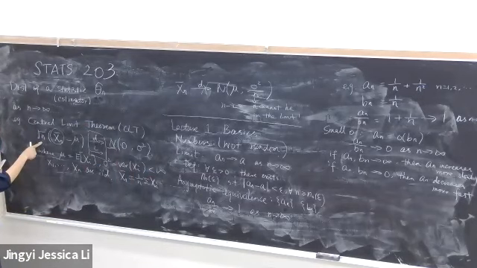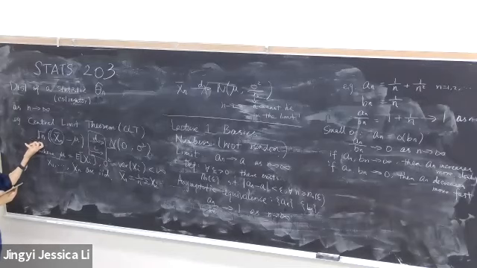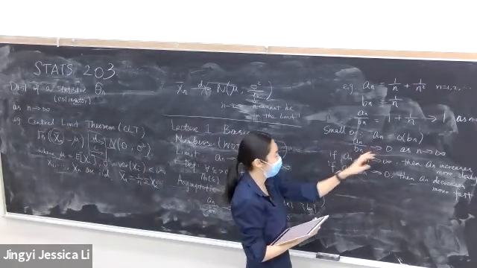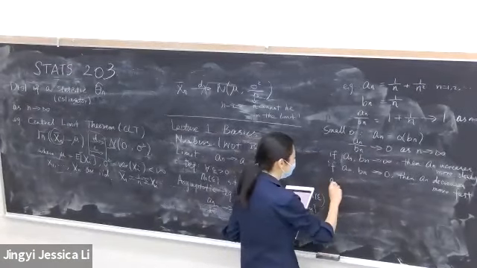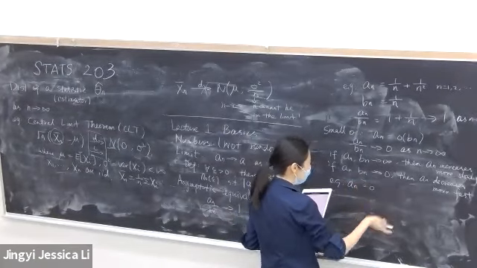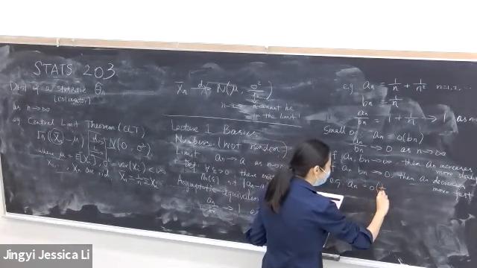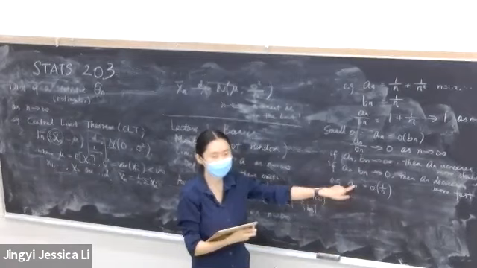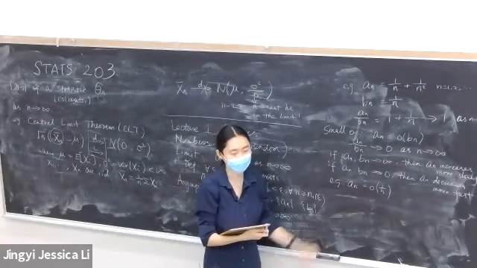So for example, what is the rate here in the central limit theorem? It's actually root n, right? So this is just a very good example, but in a lot of cases, we may not have this clean expression. So this big O gives us some easy notation. For example, if I write En is small o, not big O, small o 1 over n, then what this tells us is that this En goes down to 0 faster than 1 over n.